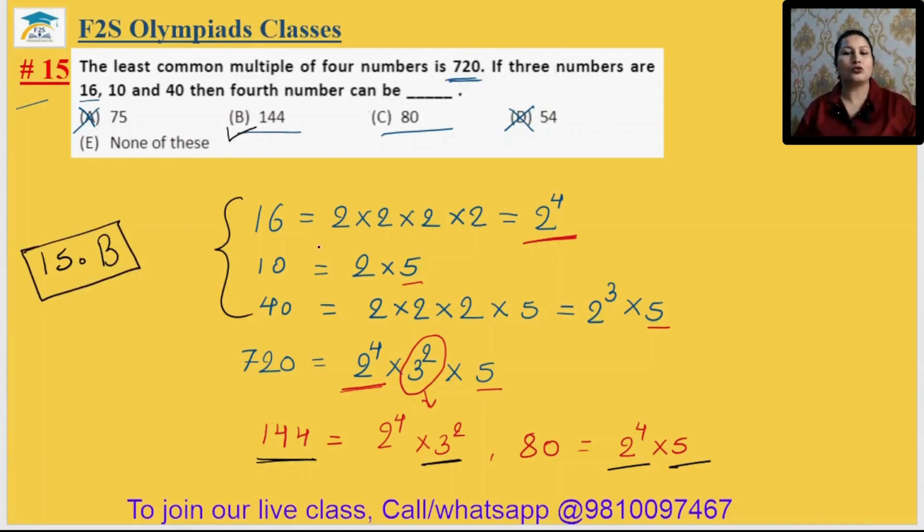How to do it? In step 1, we rejected the options which cannot divide the LCM. In step 2, we took the prime factors. In step 3, we also took the prime factors of the LCM, and then checked which option has the left-over factors.